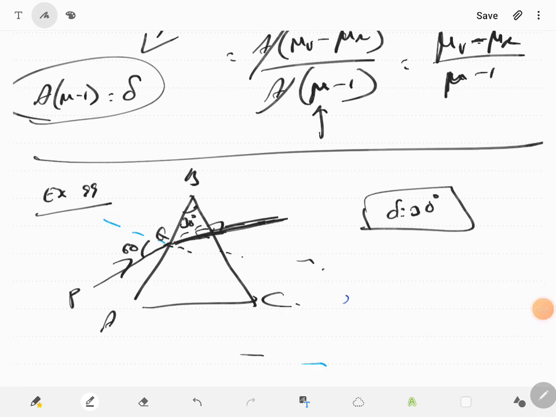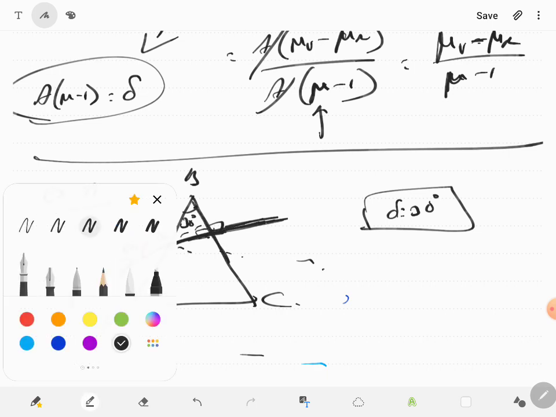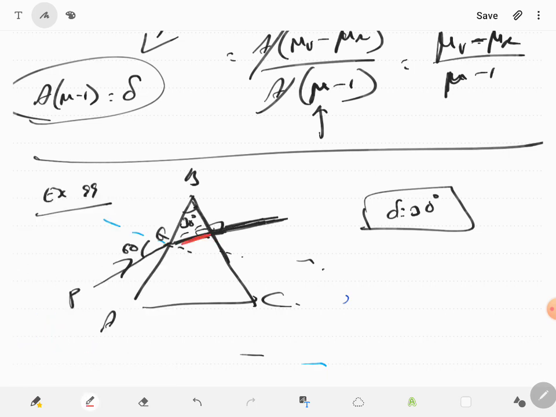This question is about the direction of the incident ray and the direction of the emergent ray. The angle between them is 30 degree, which means delta is 30. Once you know delta is 30, show that the emergent ray is perpendicular to BC. So the whole proof is to prove that the emergent ray is perpendicular to BC, which means the ray which is falling on BC should also go along the normal for it to go undeviated. Therefore, this is to prove.